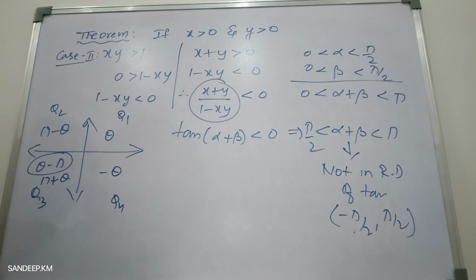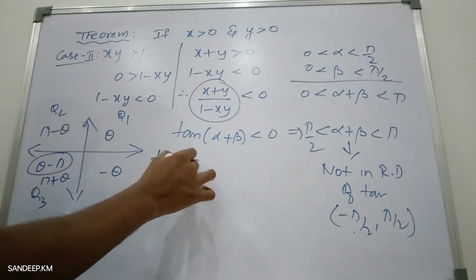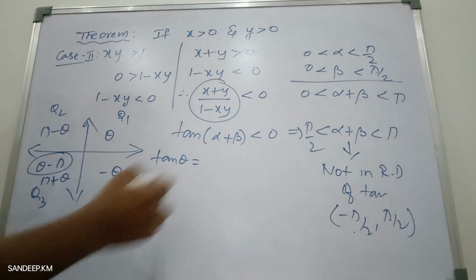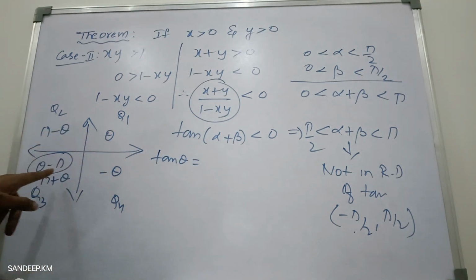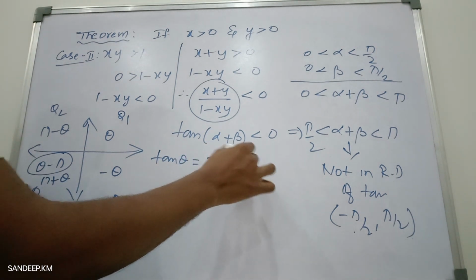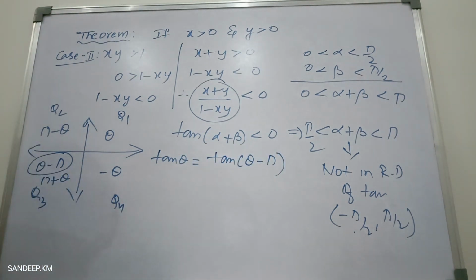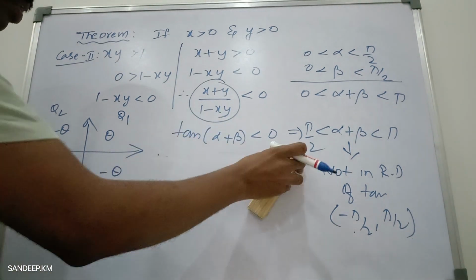Okay, now tan theta is equal to... tan is positive in first quadrant and third quadrant, correct or not? So tan theta is equal to tan of theta minus pi. Tan of theta minus pi. So for this purpose,